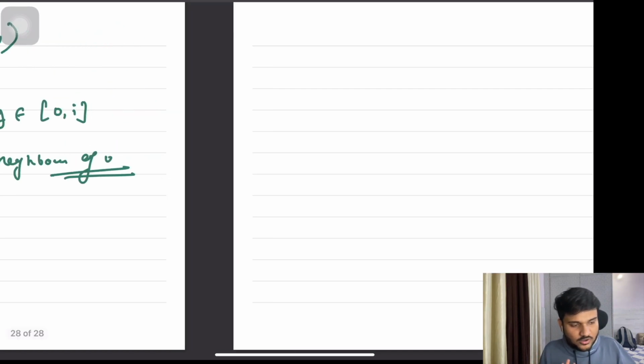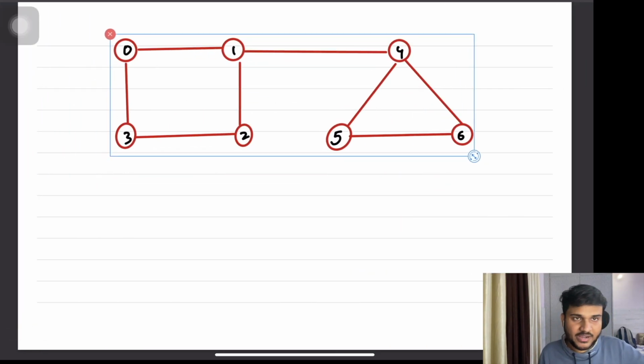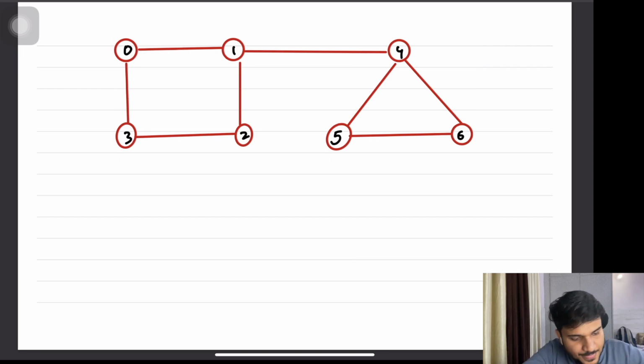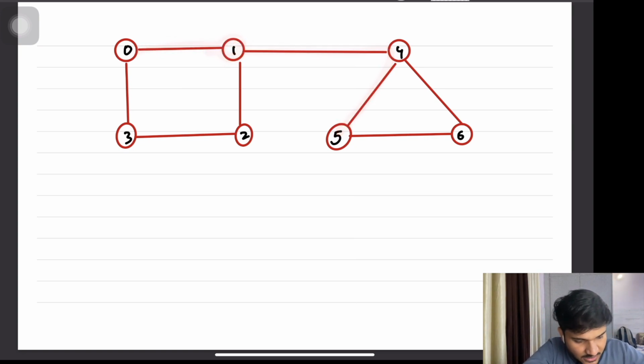If I want to conclude my discussion on depth first search: when you are visiting this graph, you can start from any particular node, okay? And then you can start exploring one path and you are going to complete that one path. So let's say there is no edge from here.